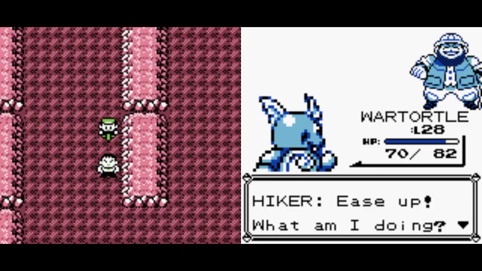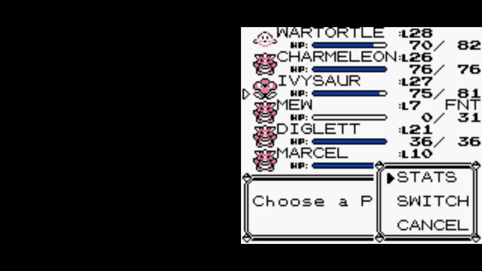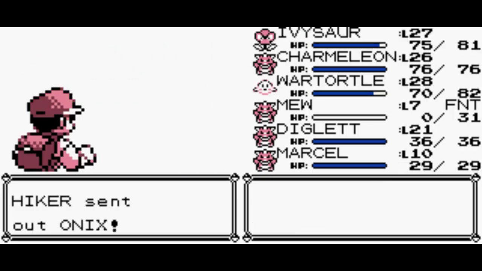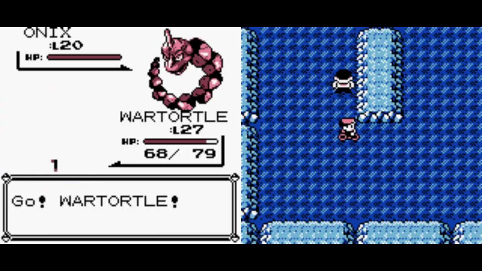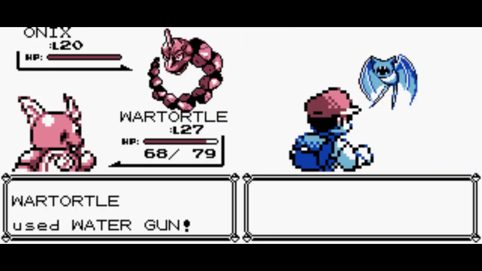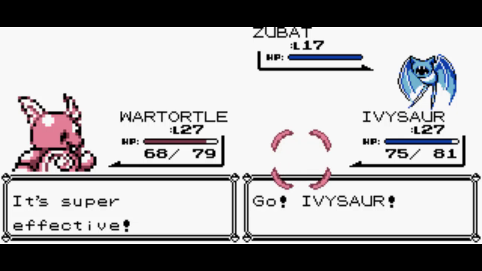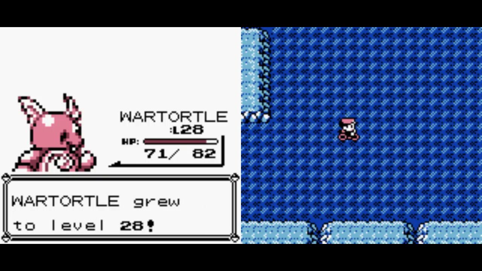Wartortle's basically done for the rest of Rock Tunnel. Ivysaur and Charmeleon can pretty much clean up the rest of the XP. Again, it's more important for Ivysaur to get XP at this stage than Charmeleon or Blastoise, but because Ivysaur has